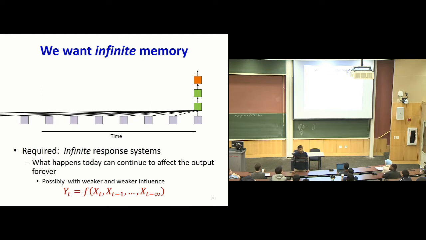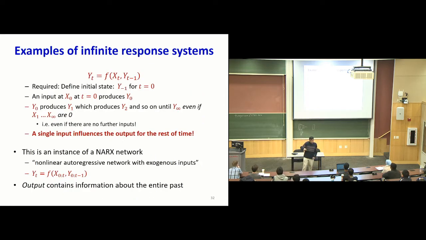Memory. No, you actually gave me an answer earlier, right? I don't know if you remember this. Yes. You can pass the output over. I can pass the output back in. The most trivial thing I can do is to just say that my prediction today is going to be a function of not merely the current input, but the output yesterday also.